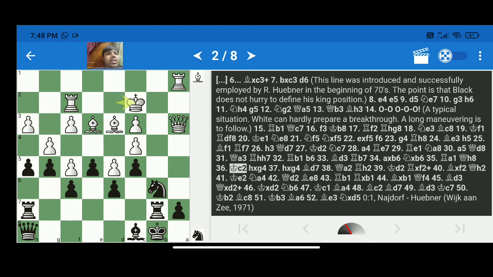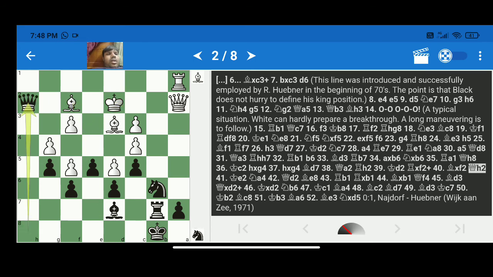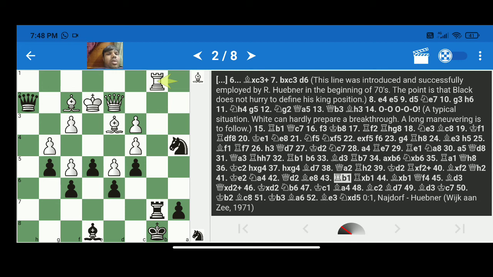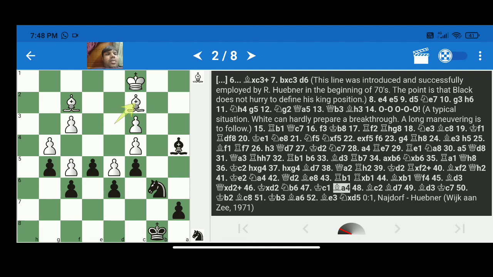and then now king c2, hg4, bishop d7, and queen a2, rook h2, king d2, rook takes f2 check, and bishop takes f2, queen h2, king e2, knight a4, queen d2, and bishop e8, rook b1, rook takes b1, bishop takes b1, queen f4, bishop d3, queen takes d2 check, king takes d2, knight b6, king c1, bishop a4,